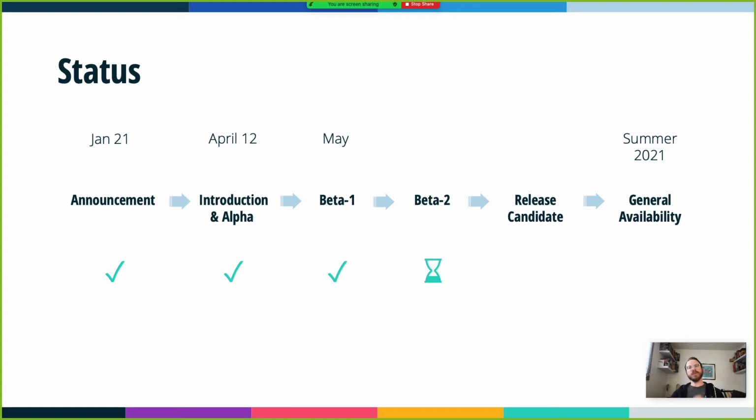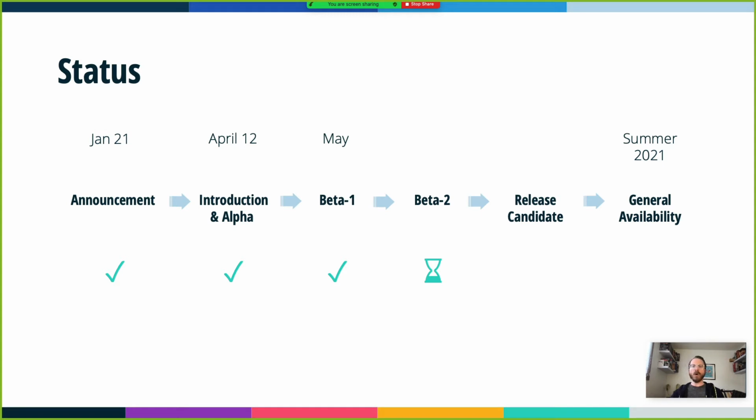Now we're moving into May. We should have a beta release out either as you're watching this, or maybe around the same time. That date has floated a little in the course of recording all of our talks, so I'm just saying May right now. But then we'll move through beta 2, release candidate stage, and then finally in summer 2021 we'll be at general availability. Now, as it was pointed out to me, summer 2021 is Northern Hemisphere centric, so you could also call this mid 2021, because summer would be winter in the Southern Hemisphere.